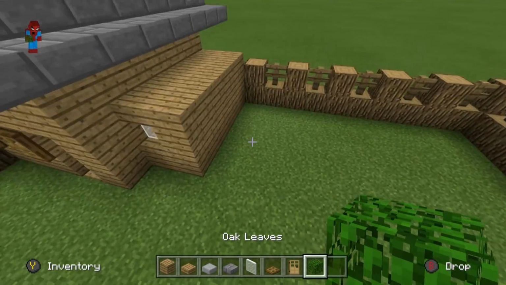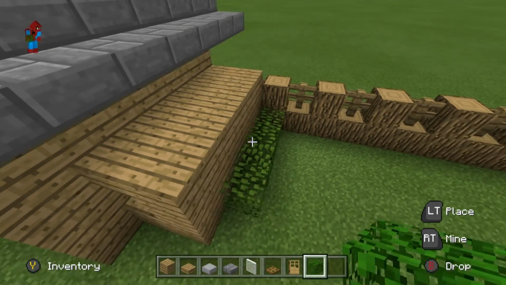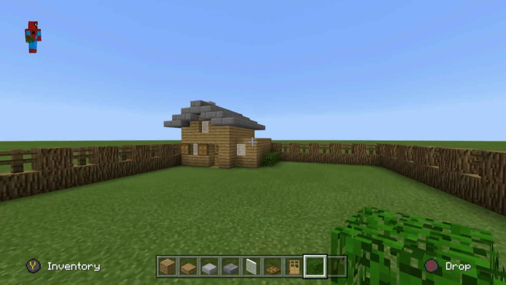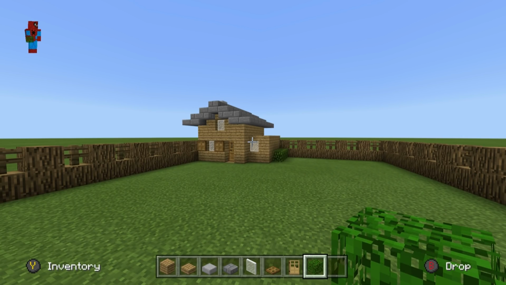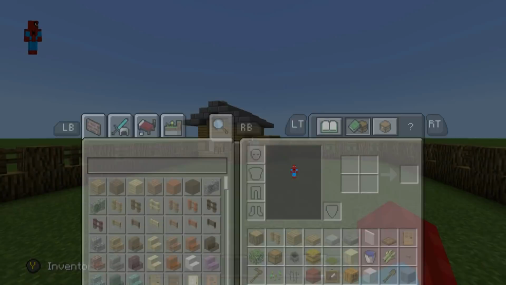We're going to add oak leaves to the right side of the house. The oak leaves are simply going to come up the right side and they're going to stop one short. You see, when you look at the house from this angle, it creates a level of depth. Depth is cool. I'm going to dump these materials for a second whilst I figure out what I'm going to